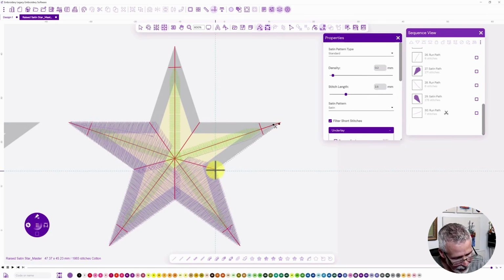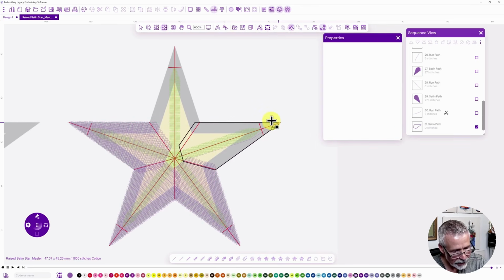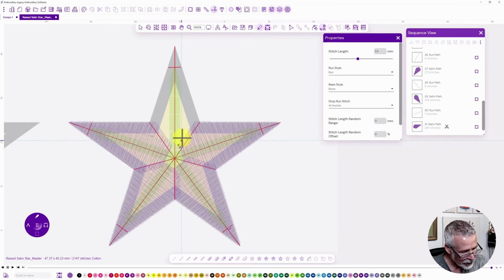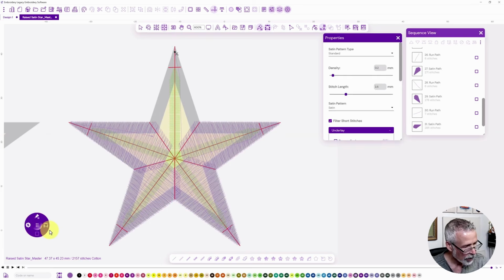I'm going to come right to here, over to here, to this one right to here, this one to here, and I'm going to then go over to the other side, go right over to here. I'm pinching that end again, inclination point, start and stop, and then enter, and then I'm going to go back to a run stitch, go right to this point here, over to here, right down to here, and again, there is no unnecessary trims, always making sure